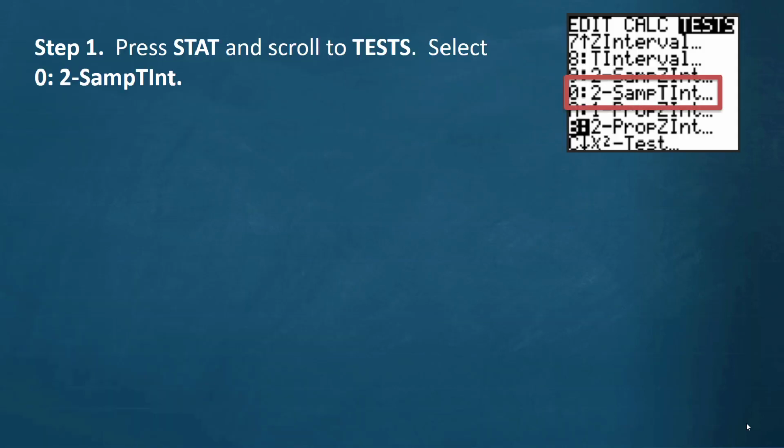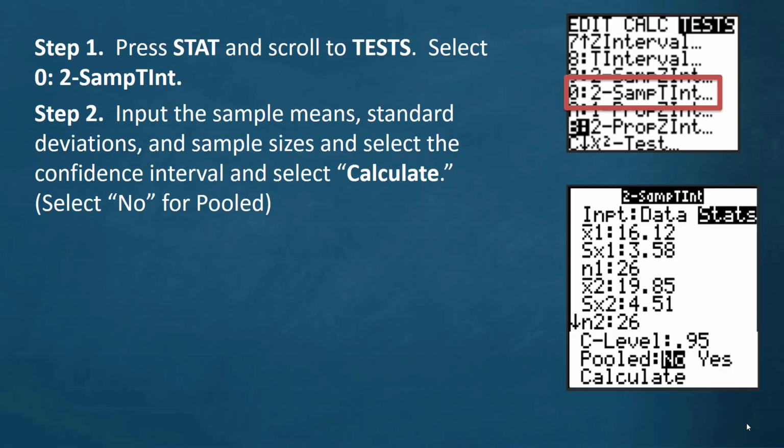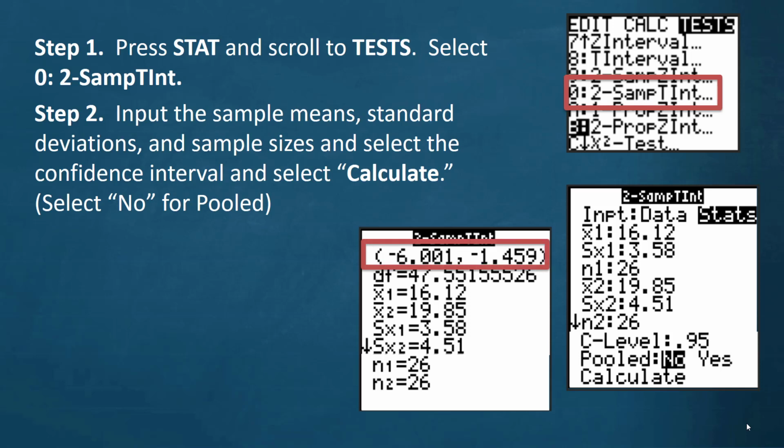So on the TI-83/84, if you're using that, you're going to press Stat, go to Test, select 2-SampTInt, put all the data in. You're going to get the same interval. In StatCrunch,